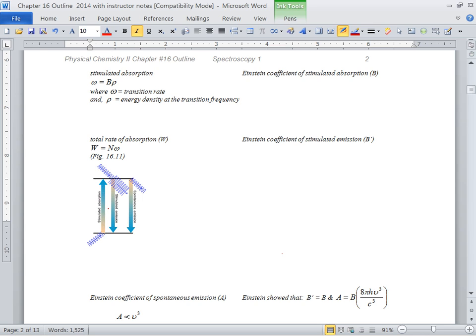But now they're jumping into stimulated absorption. And all they're doing is absorption, whether it's stimulated or not. So it's the exact same absorption we were talking about before. But this is for just one molecule. This is just for one molecule. So they're saying little omega is the transition rate. So the rate of a molecule going from what state to what state, probably, if we're talking about absorption. Going from,